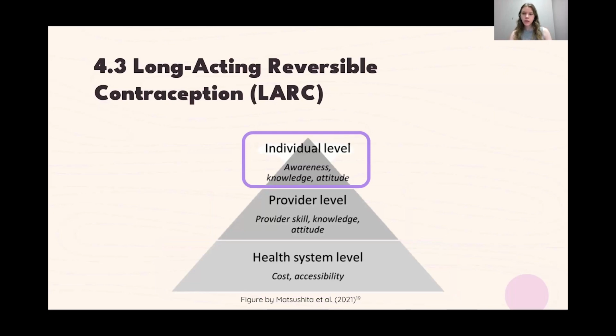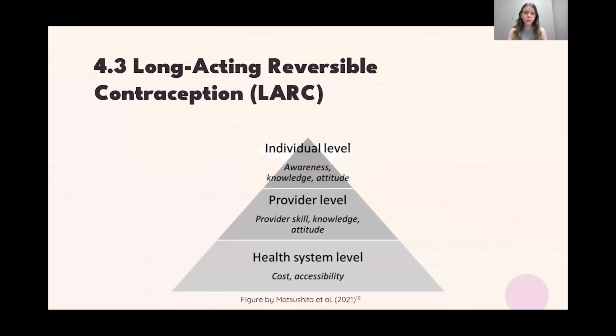Awareness of LARCs is relatively low, so for implants, it's about 52%, and IUDs are higher at 87%, but methods like male condoms have 99% awareness. So making sure that people are aware they exist is a major key to provision. And next is knowledge. Women who are more knowledgeable about LARCs are more likely to consider the methods than women who are less knowledgeable. But going into attitude, even if patients are knowledgeable about the methods, they still may report negative attitudes about them. So as a whole, every part of this pyramid needs to be considered when expanding access